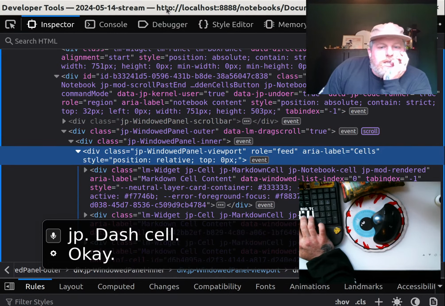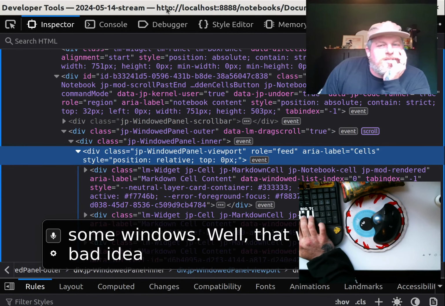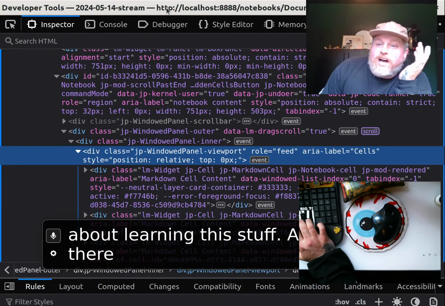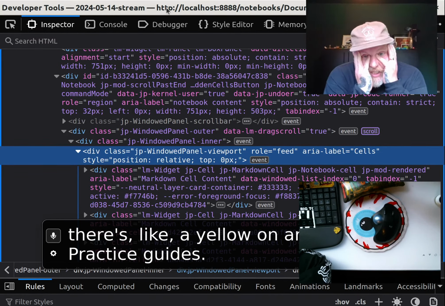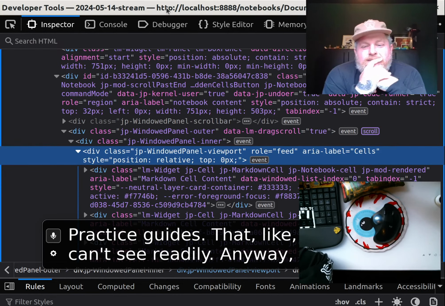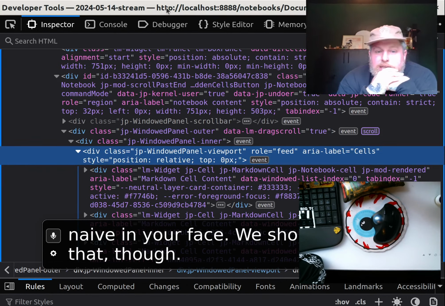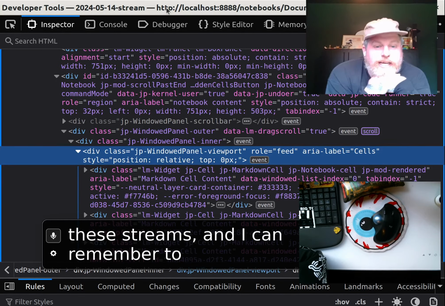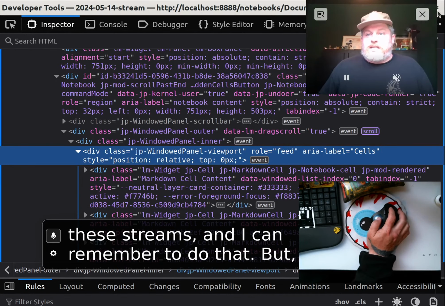Okay. So we're using some window. Yeah, they're using the feed role. That was my bad idea when I was naive about learning this stuff. Also, there's a yellow on the ARIA practice guides that you can't see readily. Anyway, man, naivete in your face. We should fix that though. At least I make these streams and I can remember to do that. But all right, let's see